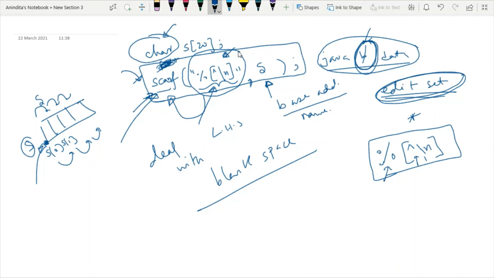So now I will show you some important hands-on coding in the next class so that we can understand what the different kinds of facilities available are. In the next class, I will start from taking input in a simple array. Then I will move on to the concept of the character array, then I will discuss each and every coding using edit set and some of the internal functions which are applied on character arrays.